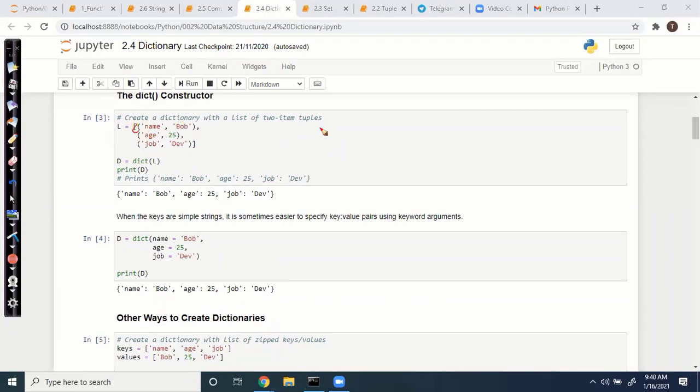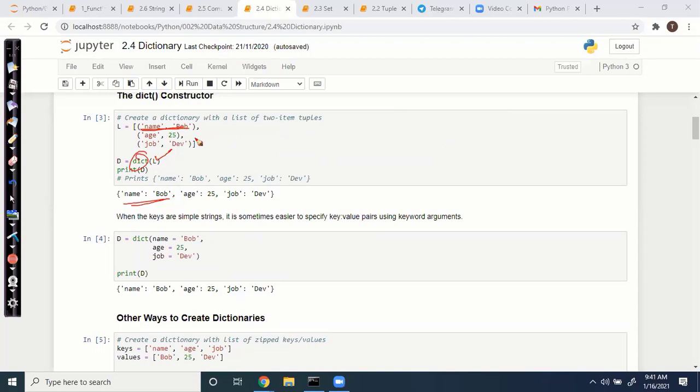Here we have a list, and inside the list we have tuples. If you pass a list of tuples to the dictionary function, the list gets converted into a dictionary, with each tuple's key and value.